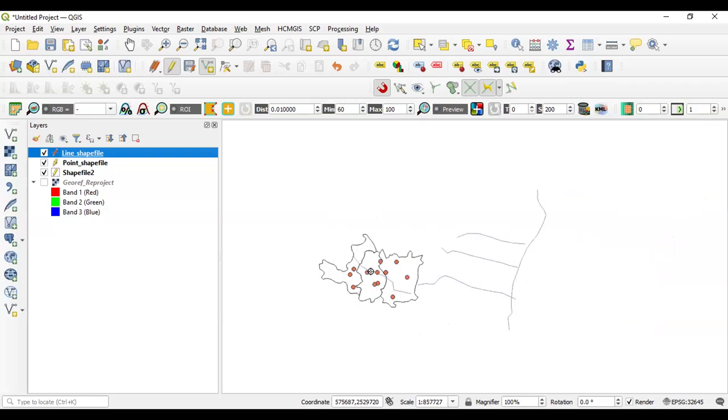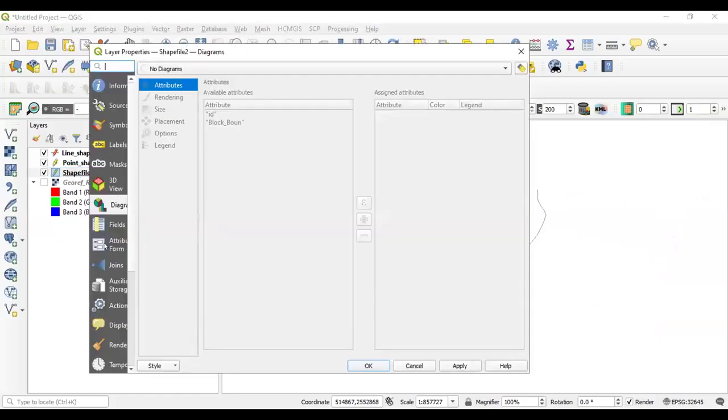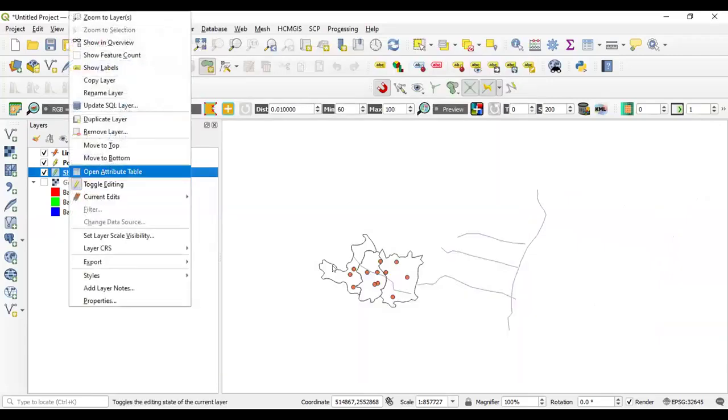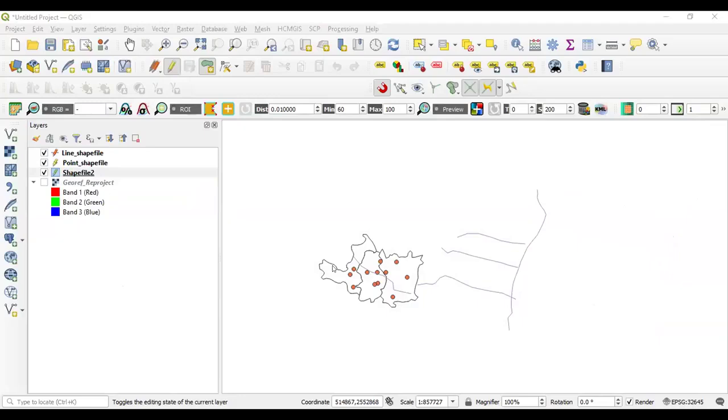So now by using this data, you can create, if I go to the attribute table of this particular polygon, and if I add some point layer